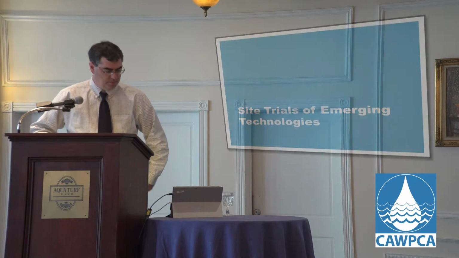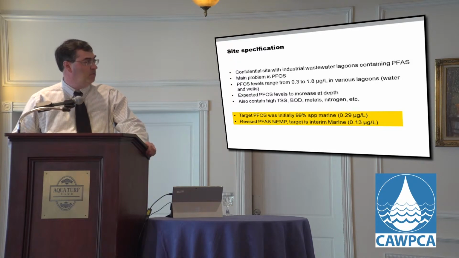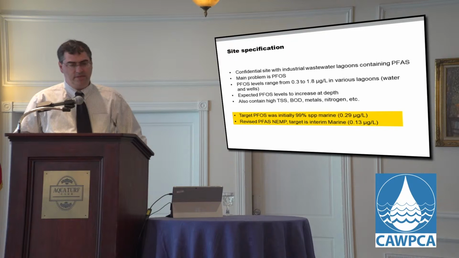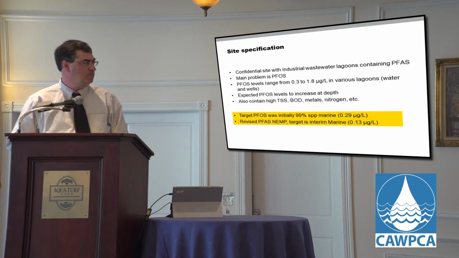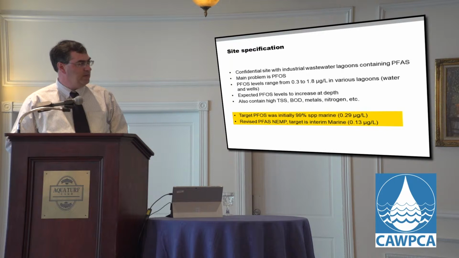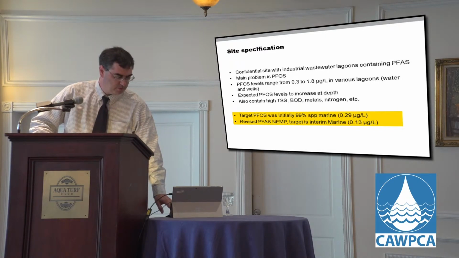So the project that we're currently working on is a site in Australia, and it's trying to drop PFAS levels from around 0.3 to 1.8 down to, initially it was 0.29, and the level dropped to 0.13, all micrograms per liter. And this is a product that had